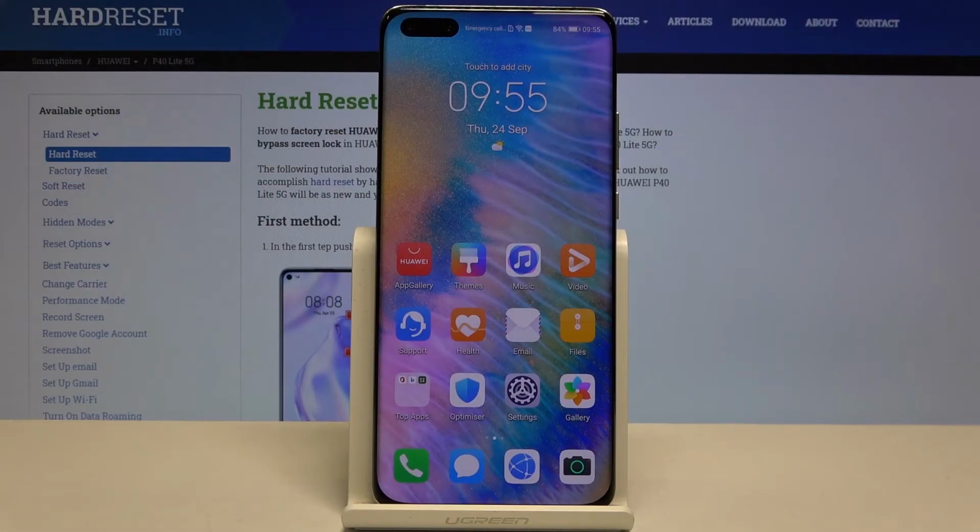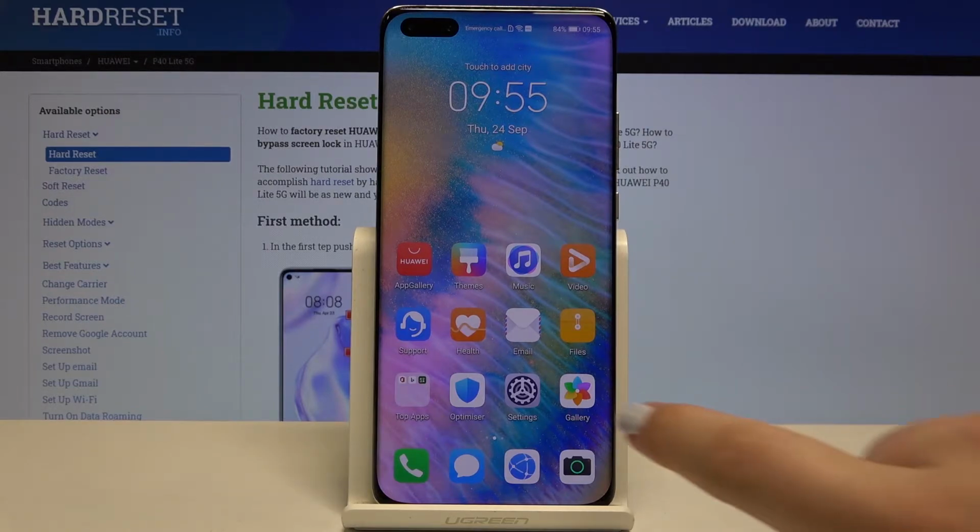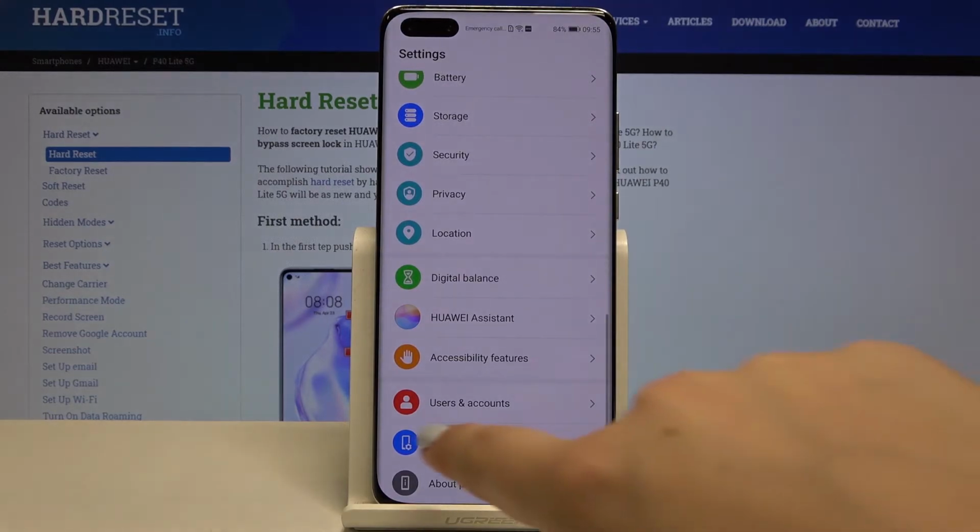Hi everyone, here we've got Huawei P40 Lite 5G, and let me show you how to enable the autocorrection on this device. So first of all, let's get into the settings and scroll down to the very bottom to find